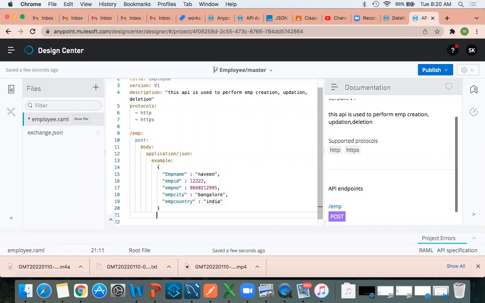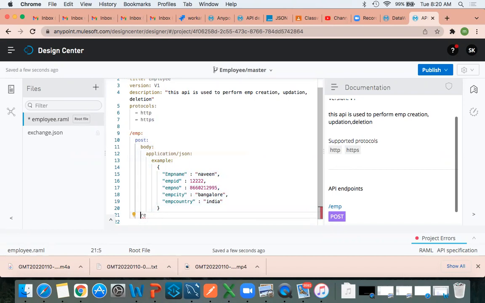Response. Where do we need to write the response? Below post? No, below the body. Below post, we need to write only methods. Under the body, we are passing the request, and on the same line we need to write the response.